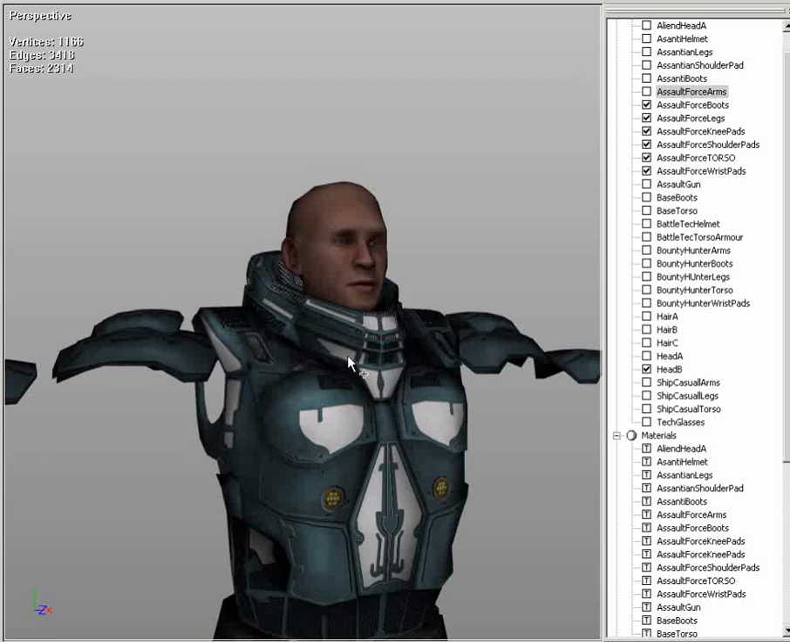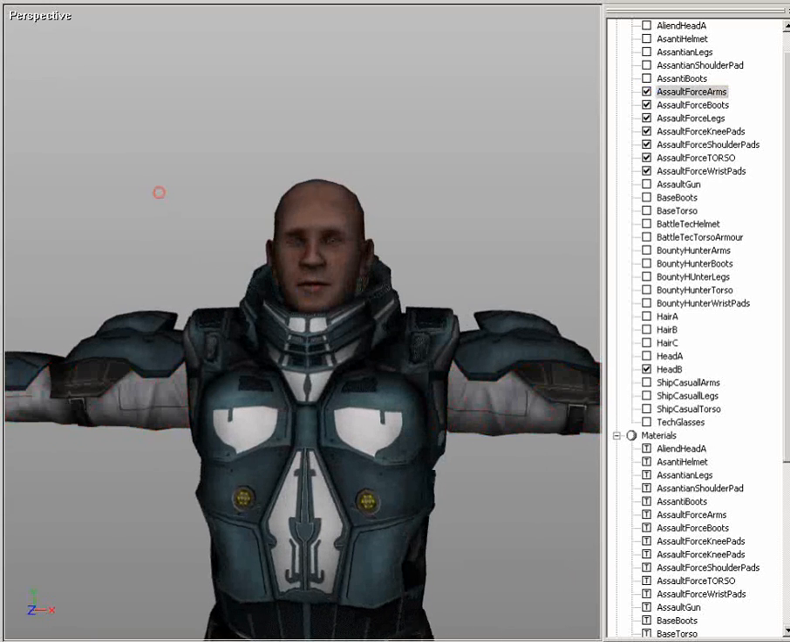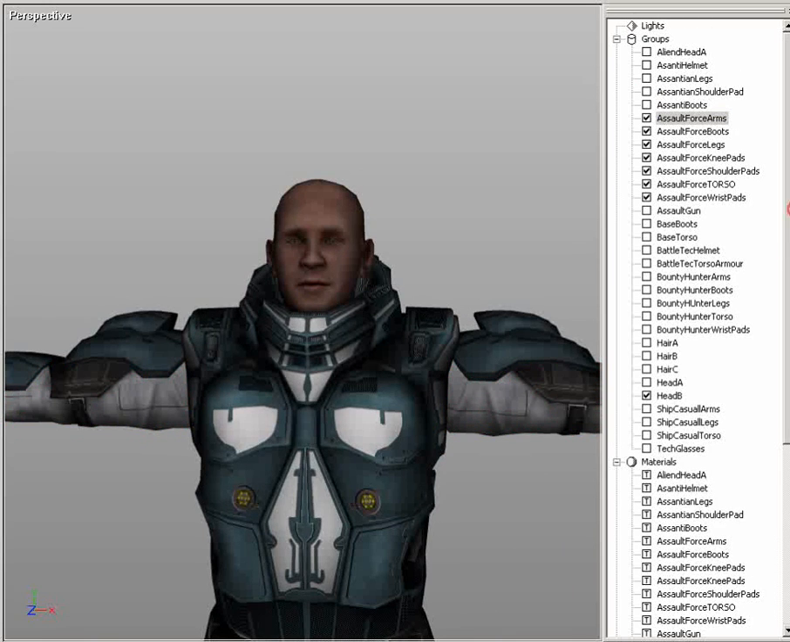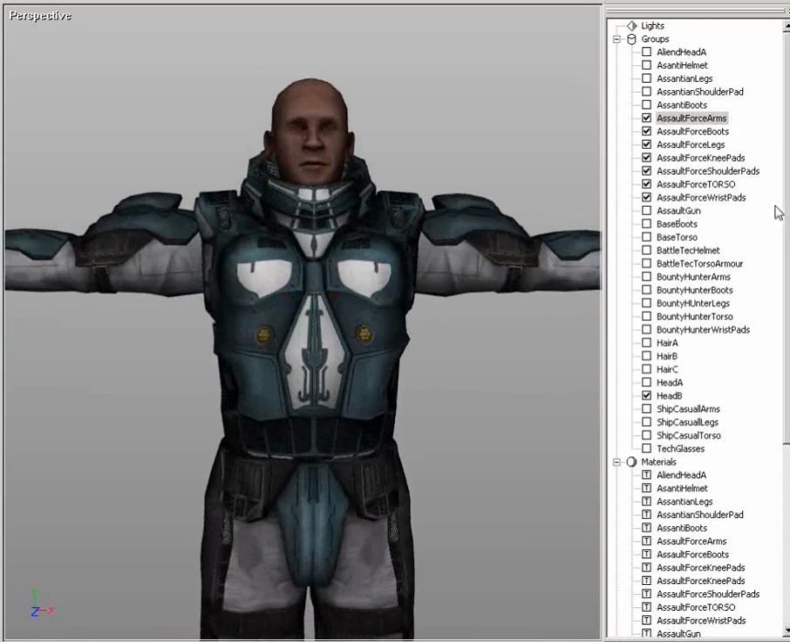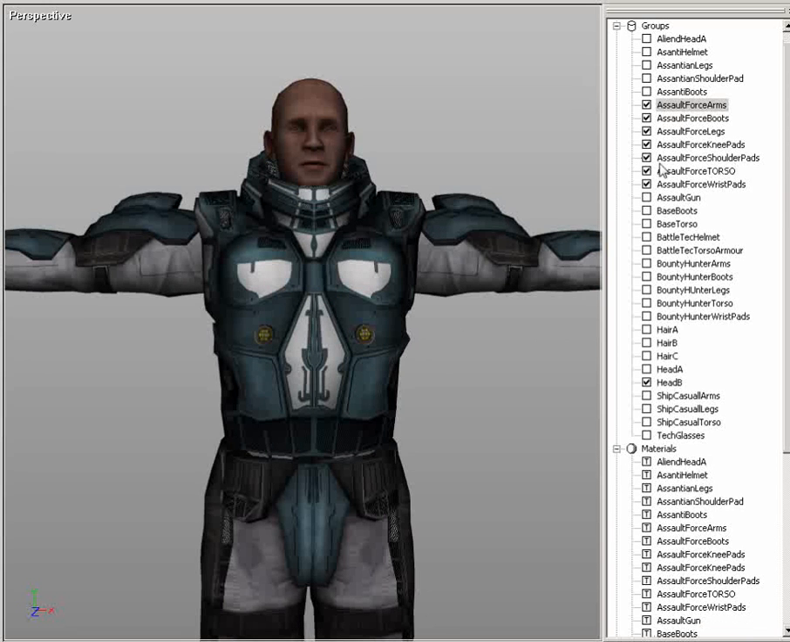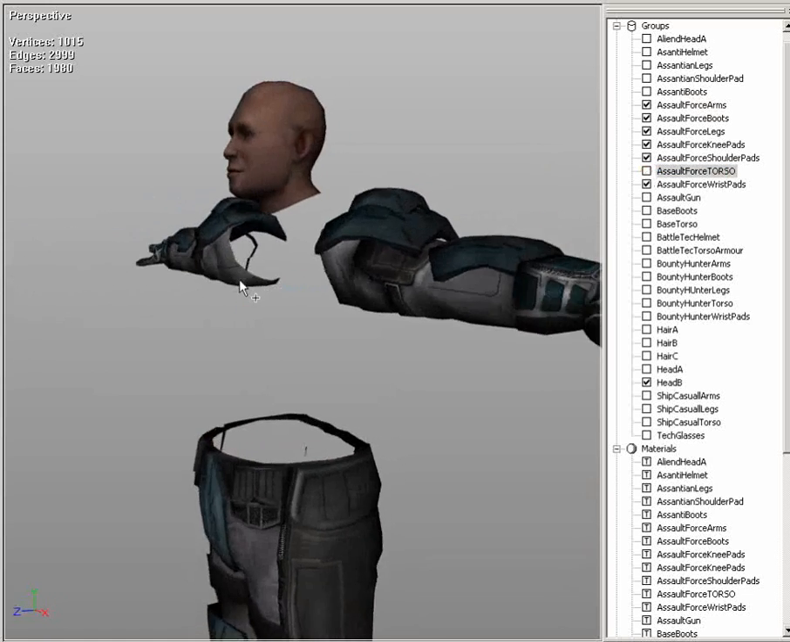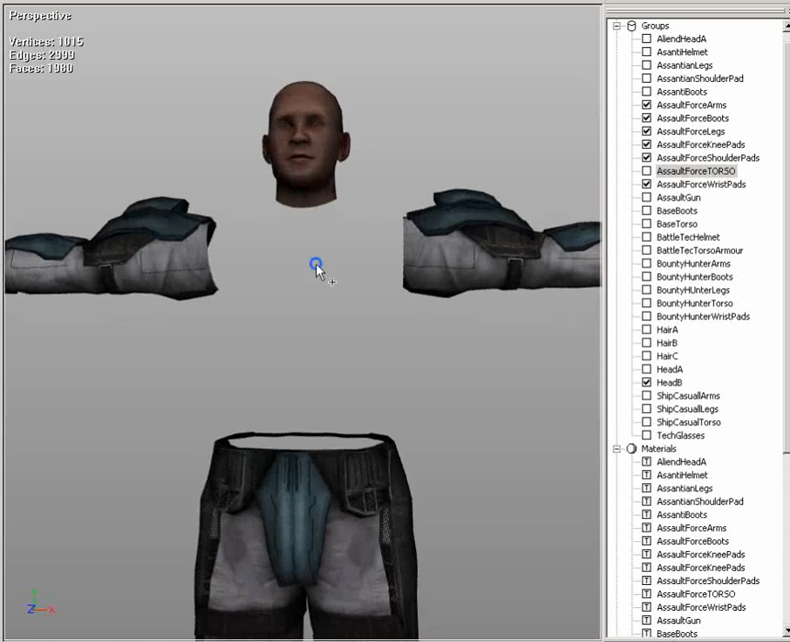Okay, we also will now showcase some of the other armor styles. So if I just hide the torso of this armor, you'll notice you can see the groups now within some detail. And then what we could do is actually showcase one of the others. So if we go for our ship casual torso, I see the ship casual torso as being